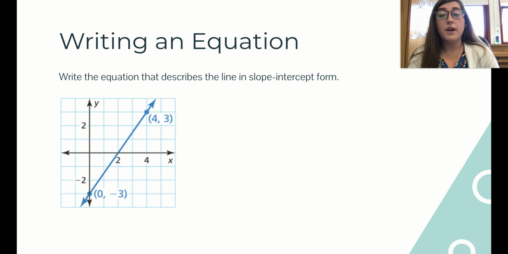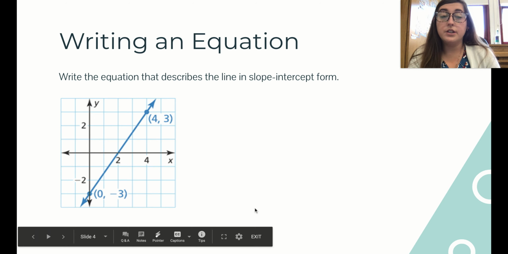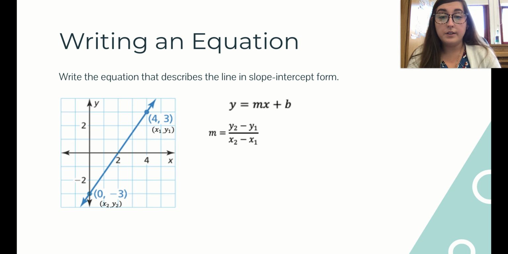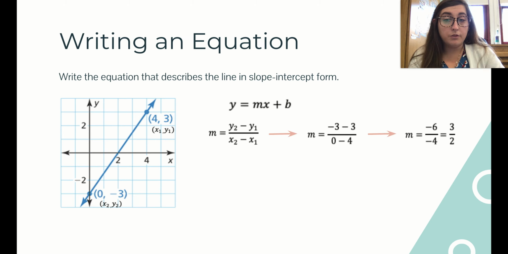Now, if we are given a graph, you can either identify the slope by using your rise over your run and then identify your y-intercept by looking at the graph, or you can use slope-intercept form in a different way as well. And you can also use your slope formula to find your slope if you're not too familiar with counting your rise and counting your run. So for example, finding your slope, y2 minus y1 over x2 minus x1. Plug in your points. So I identified 4, 3 as x1 and y1, and then I identified 0, negative 3 as x2, y2. So plug in those points, and we end up with a slope of 3 over 2,